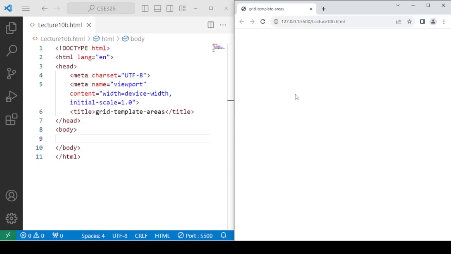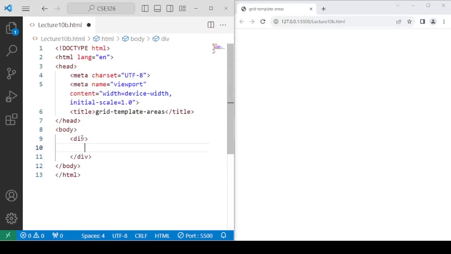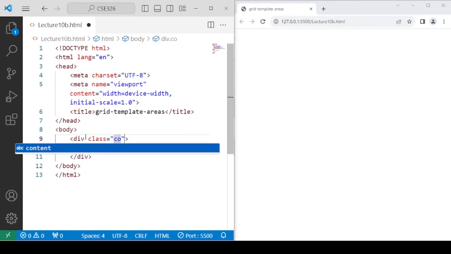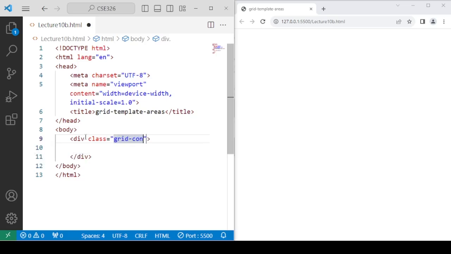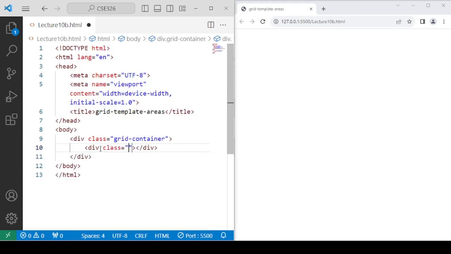For the grid template areas, I'll now be considering a very simple example. So let's consider the div and give it class as grid container. You can write anything, by the way. I'm writing a grid container within which we will have just 3 items. We are taking 3 items so that we can better understand the concept of grid template areas. Otherwise, it might be confusing for you to understand. So grid item,